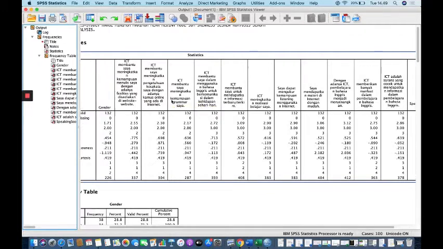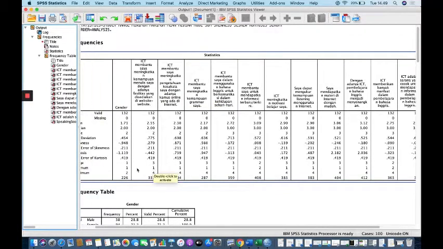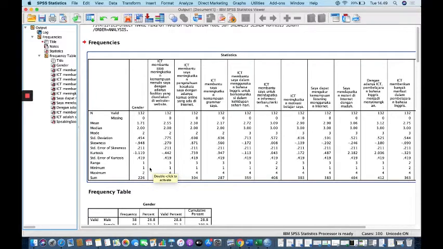So here, if you can see, for the minimum score we have 1, but we have 2 here, and we have 1, and we also have 2 for these specific items. Why are there 1 and 2? Why does it show 2? It's because among all the 132 participants, for this specific item, ICT membantu saya untuk mendapatkan informasi terbaru atau terkini,